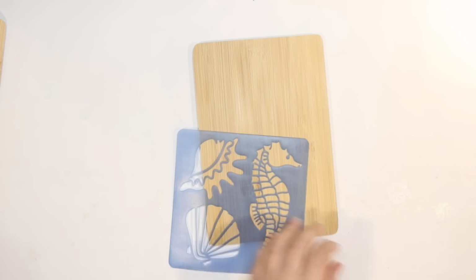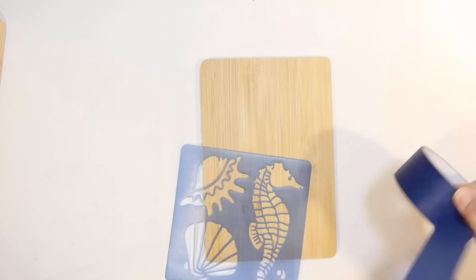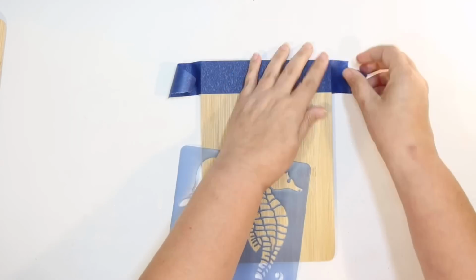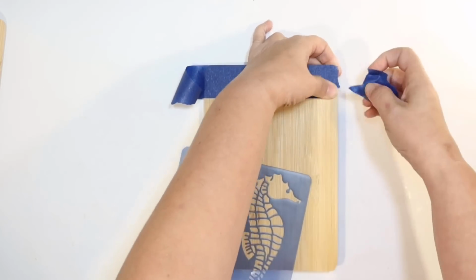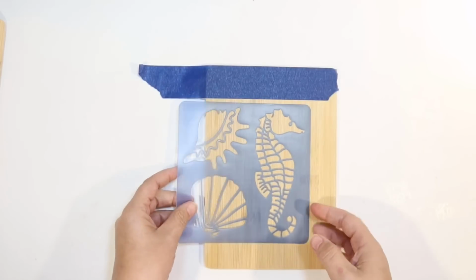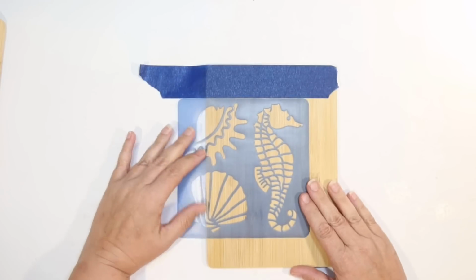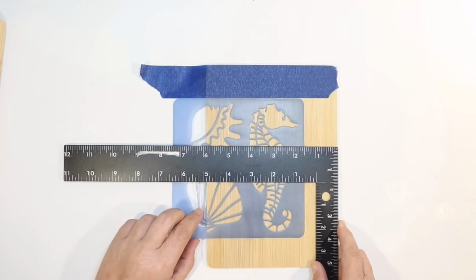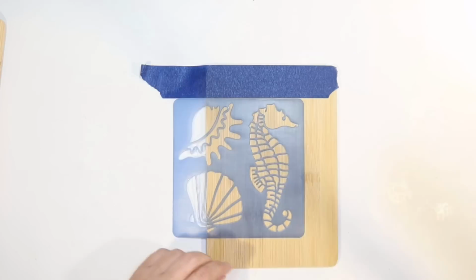So the one that we're going to use on this one is the little seahorse. I think it's so cute. So I'm going to start taping this off down a little bit so I can place exactly where I want this seahorse to be, right up against that painter's tape. And try to make sure that I center him too